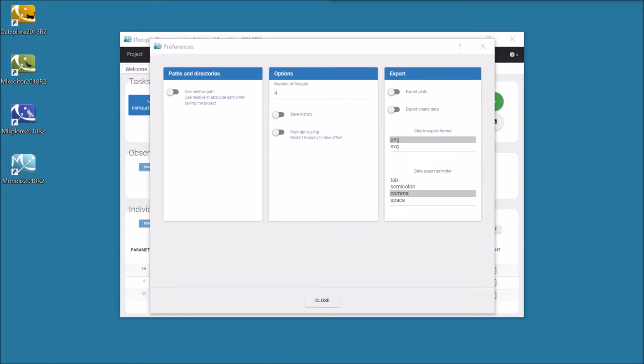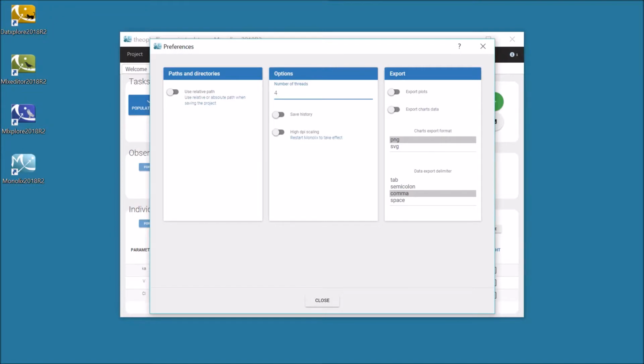On the middle panel, different options are available. On the top, the number of threads used for parallel computations on the same machine, for example, for computing the structural model for all individuals or the simulations for the plot, is displayed. This number is set by default to the number of cores or virtual cores of the machine when Monolix is used for the first time. It thus depends on the hardware of the machine. In my case it is 4 because my computer has 4 virtual cores.